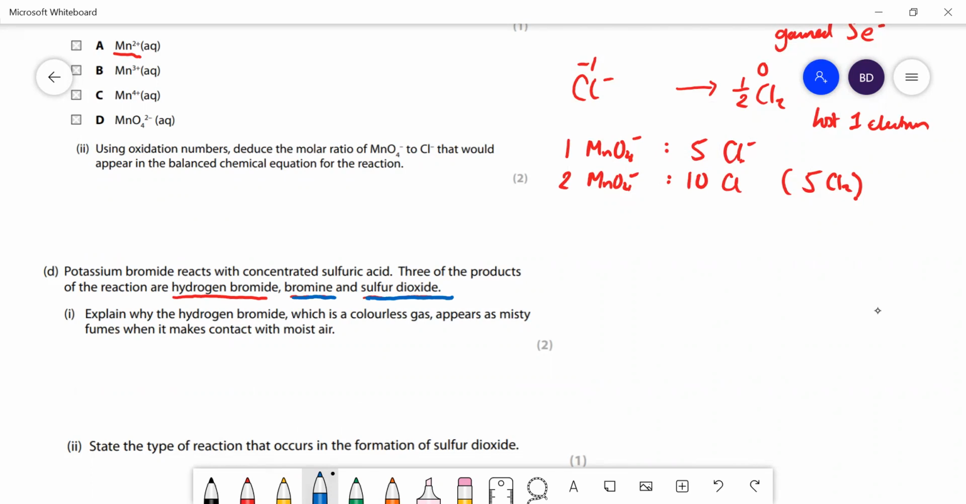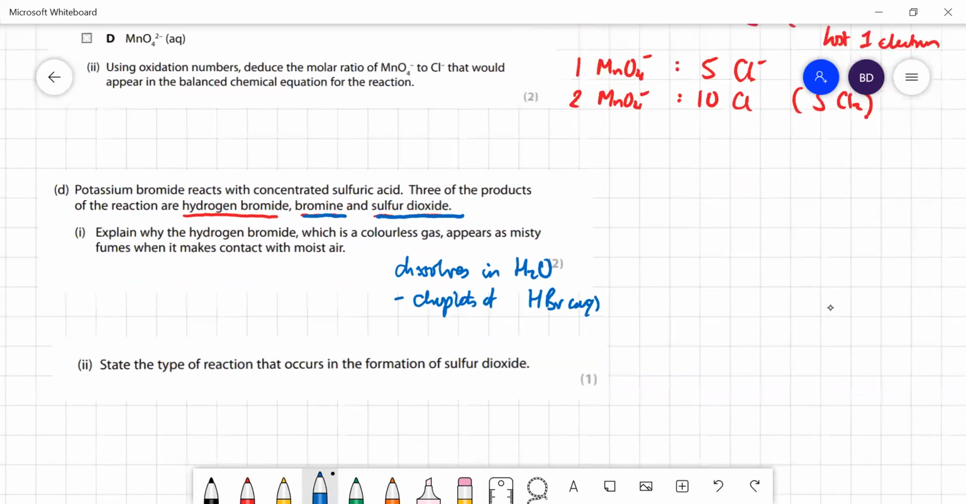Why does the hydrogen bromide, which is a colorless gas, appear as misty fumes when it makes contact with moist air? Right, it's very soluble. It dissolves in water in the air and forms droplets of HBr in aqueous solution. And that's what the steamy fumes are. You wouldn't really be familiar with that with HBr, but with HCl, you know, HCl fumes are always steamy fumes,